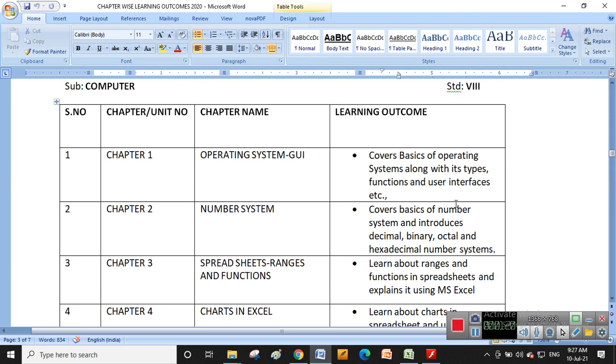I told you. Now the third chapter is about spreadsheets, ranges and functions. This is a continuation chapter of class 7, what you learned, spreadsheets introduction. In class 7, chapter 6, you learned the advantages of spreadsheets using MS Excel, the features, the components of spreadsheets, how to enter the data inside the worksheets, the different types of data we can enter inside the Excel sheet, how to enter a simple formula, how to select the cells, the shortcut keys to select the cells, and how to change or edit the cells. These are all things you learned in class 7. Hope all of you remembered.